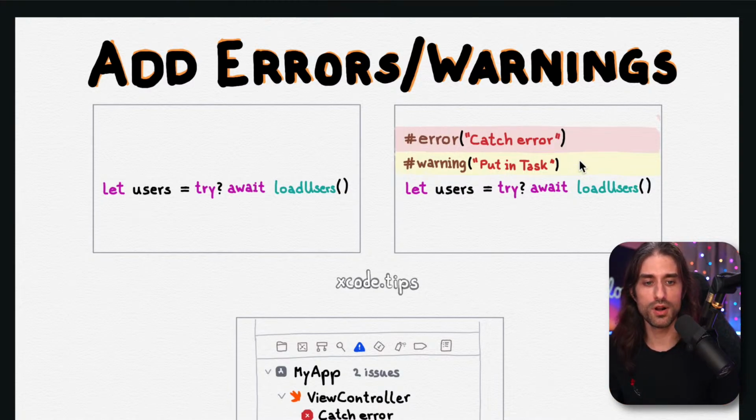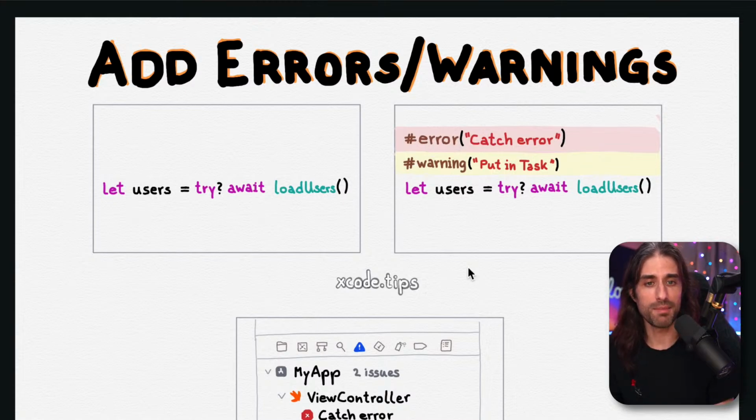I find error to be quite useful if you make sample code because you're an SDK developer and you have an API or whatever. You made a sample code for iOS and your user needs to put, for instance, their API key, and you want to draw their attention to the place where they need to put it. Then you put a hashtag error next to it, and the first time they try to build, they will have this error, and it will lead them right to this place. So hashtag error is a great way to catch the attention of a developer the first time that they open a project. So there are a lot of ways to use these two things creatively.